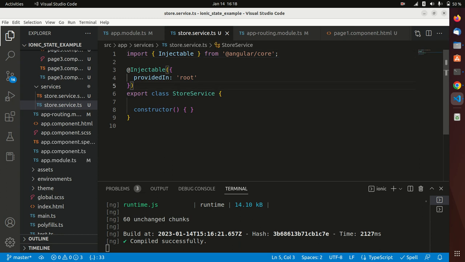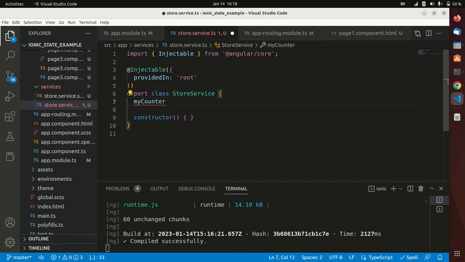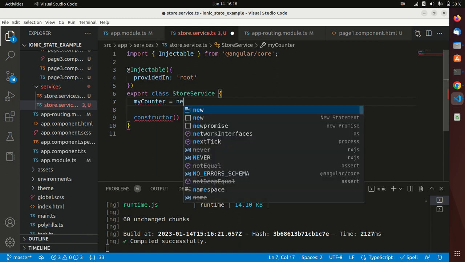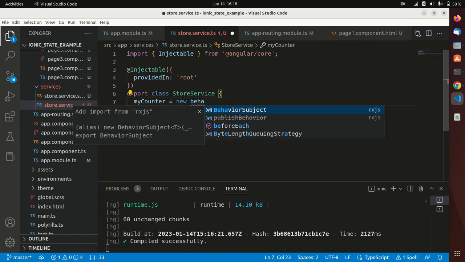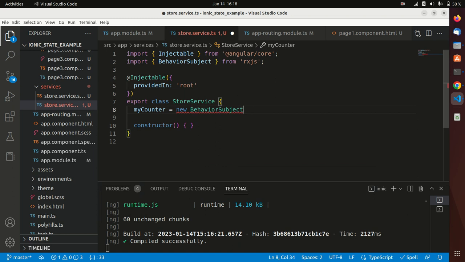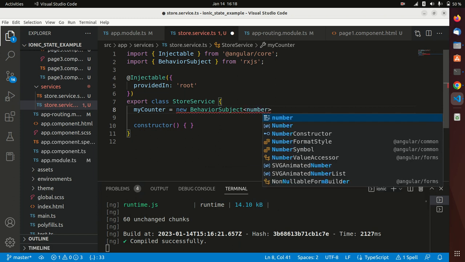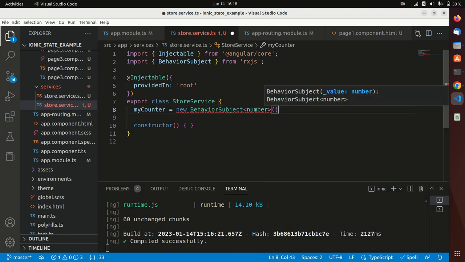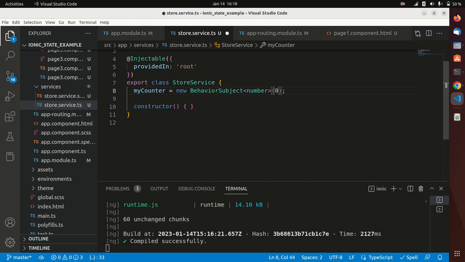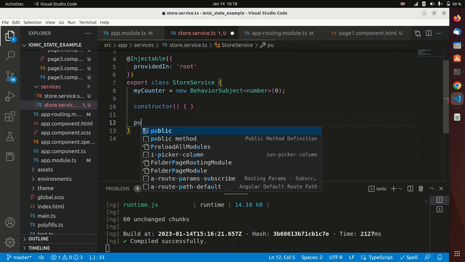Okay, but however I think auto import will be possible, so I'm going to declare a variable called my counter. My counter will be a new behavior subject of what? Number, and it should be 0. Okay, so I'm going to create like a setter and getter for this number. So I'm going to do public